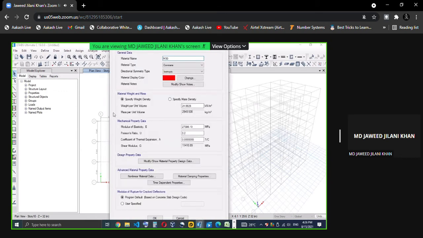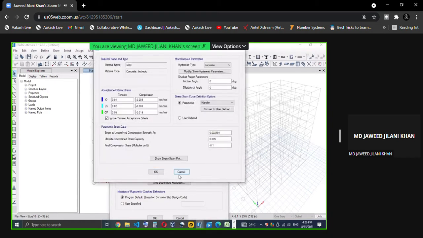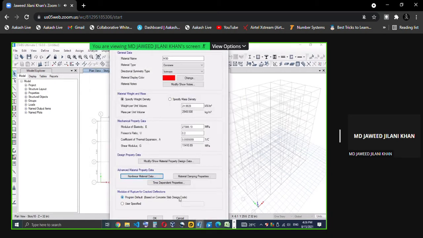So these are the elastic properties which are there. Non-linear properties, I will come back to non-linear properties when we go for the non-linear analysis. For linear analysis, these elastic properties, you can make it 25 if you want, or keep it as it is. All the default values, E is equal to 5000 root of FCK, or for M30, root of 30 into 5000 MPa. That's how it is.